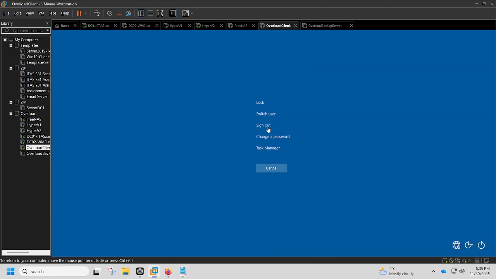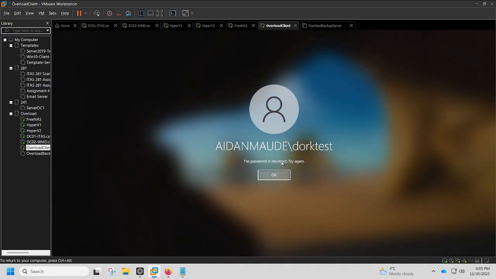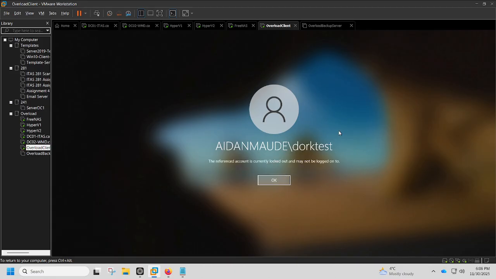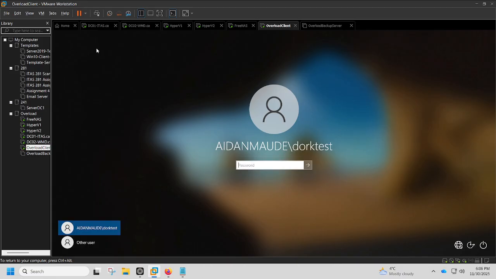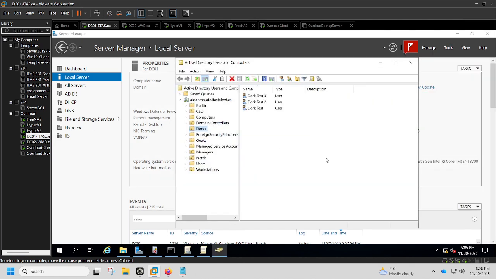And I will log off and log back in with the incorrect password multiple times. And after the third, even if I input the correct password, the account is locked and may not be logged into. So to unlock it, I will go to using computers, go to dork test was the one I was